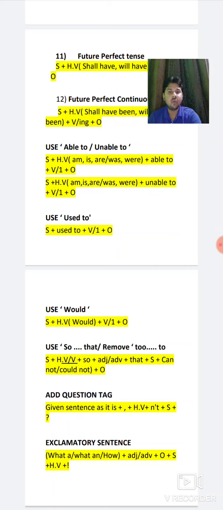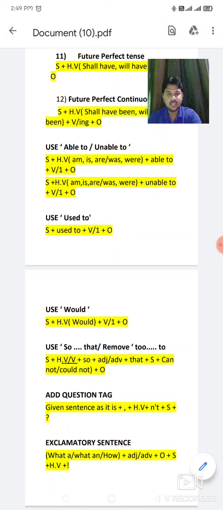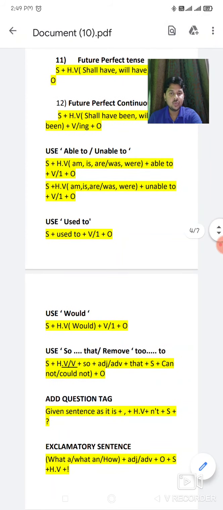Now the next topic we have to study is what? Known as able to, unable to. Okay, it depends on the notice, that is, what kind of instructions will be given to you, meaning whether you have to convert into able to or into unable to. Okay, you have to use it properly. So we will study first one, able to. While you're converting any sentence into able to, how the structure should be, how your answer should be, look at the structure.